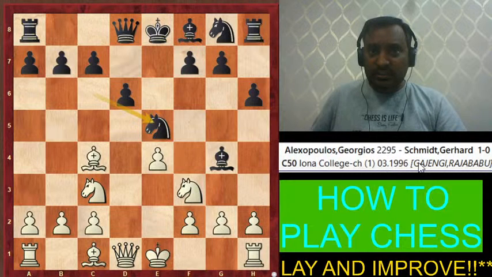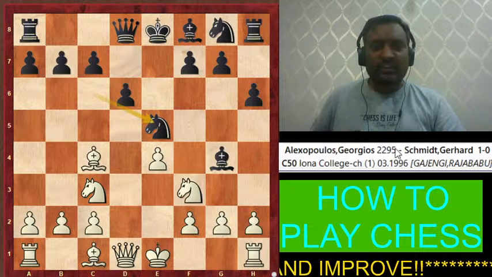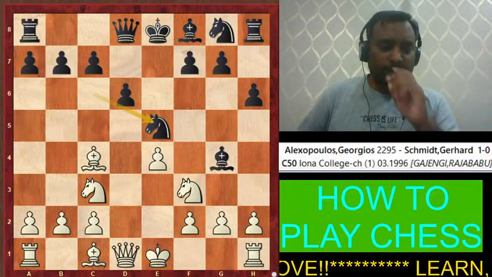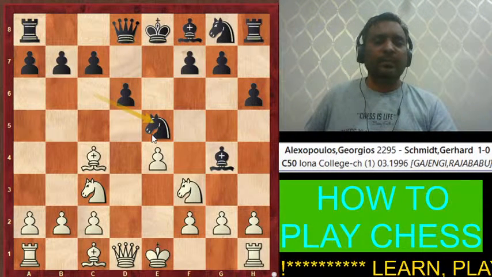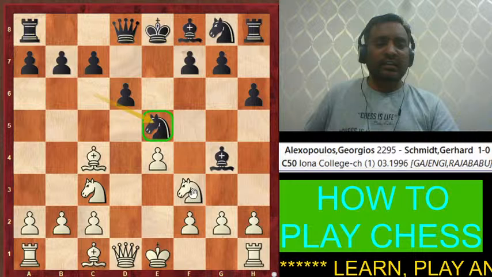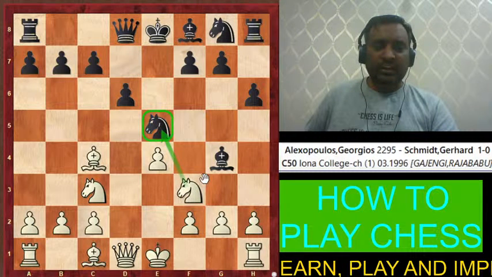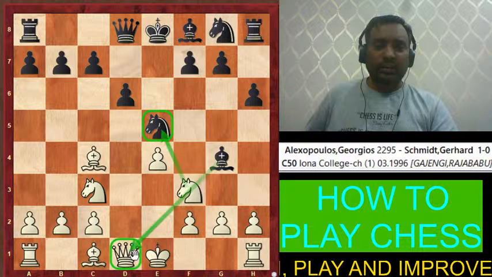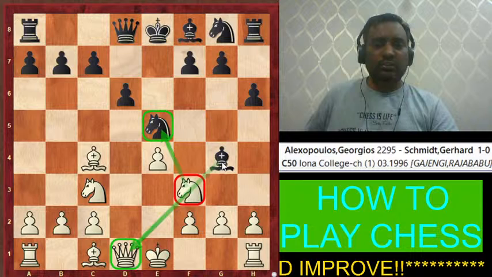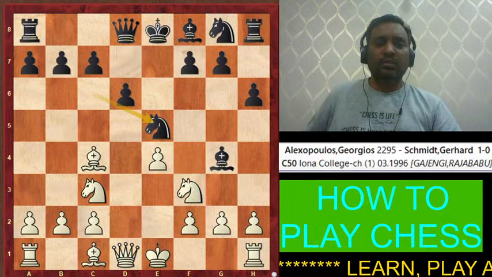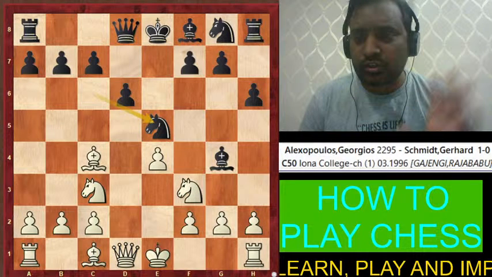See, this game was played in the year 1996. 1996 this game has been played, and now black captured with the knight thinking that white cannot take this knight, because the bishop will take the queen. Now this knight is attacking our knight, because the bishop is pinning it. Bishop is pinning it, knight is attacking this knight, and the knight is also attacking the bishop. Okay, and I want to tell you that the same position.